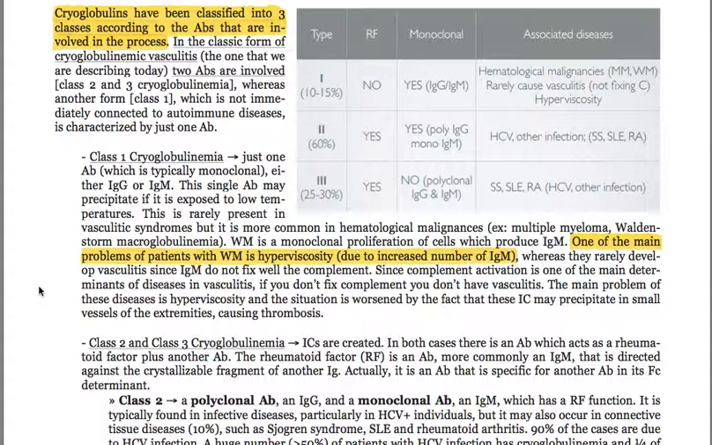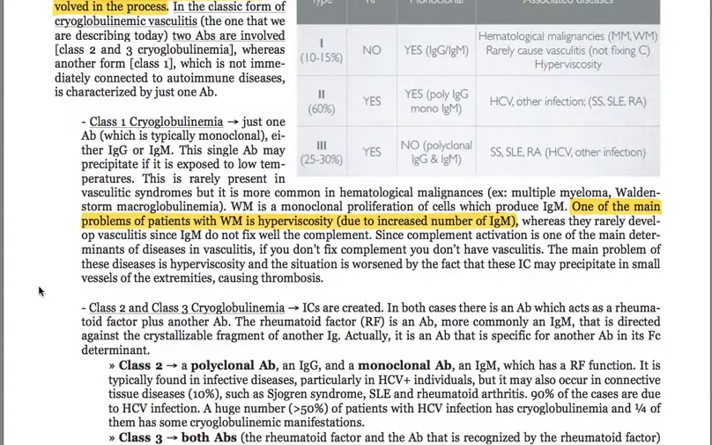Then you have class 2 and class 3 cryoglobulinemia. Immunocomplexes are created. In both cases, there is an antibody which acts as a rheumatoid factor plus another antibody. The rheumatoid factor is an antibody, more commonly an IgM, that is directed against the crystallizable fragment of another immunoglobulin. Actually, it's an antibody that is specific for another antibody in its